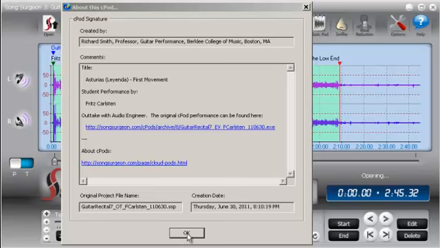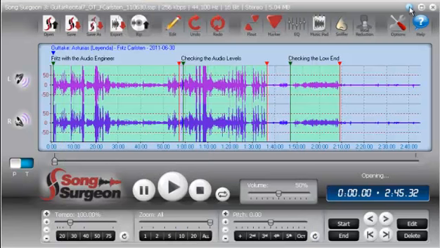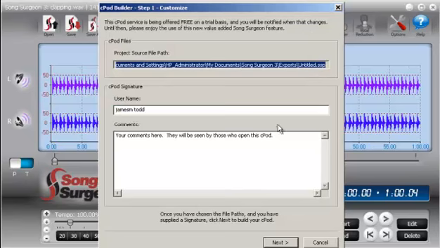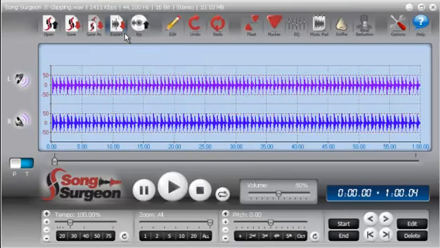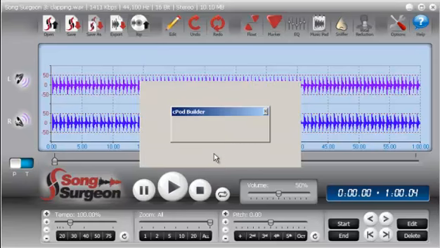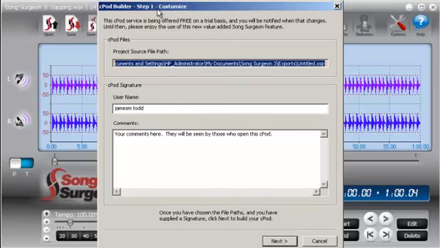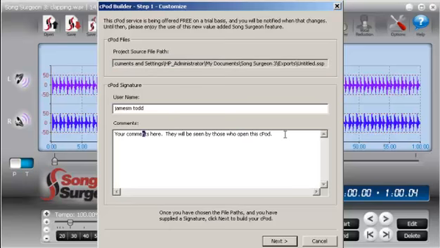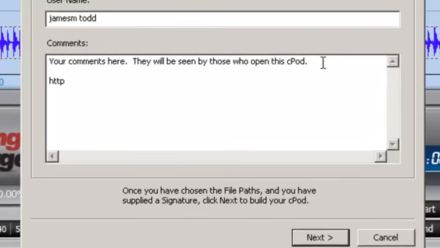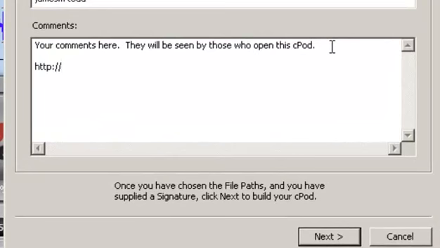Just to show you how to do this, let me close this screen. Let me also minimize this one and have an instance of Song Surgeon open on my screen. We're going to go to Export, Publish cPod to the Cloud. We're going to click OK. When this screen opens up, and this again is the creation screen for creating a cPod, you can insert the text right in this area here, and you can insert anything that begins with HTTP // and then